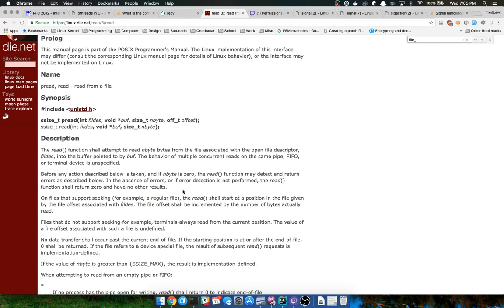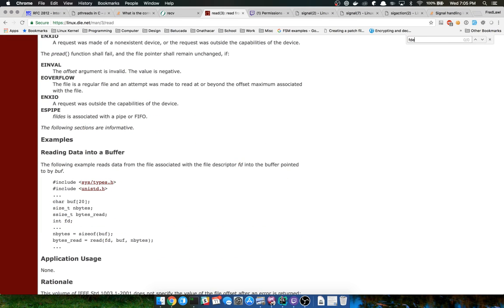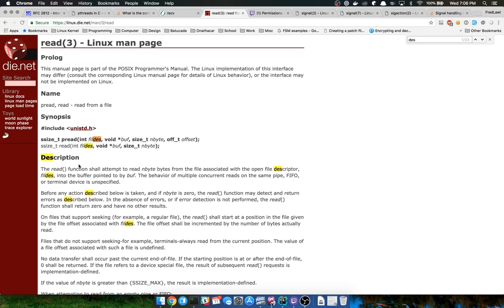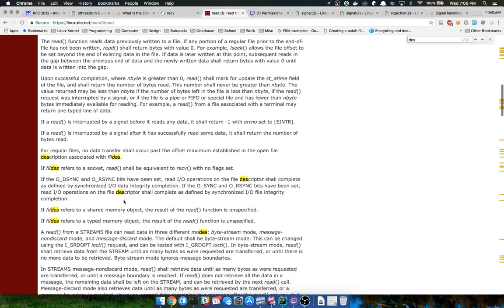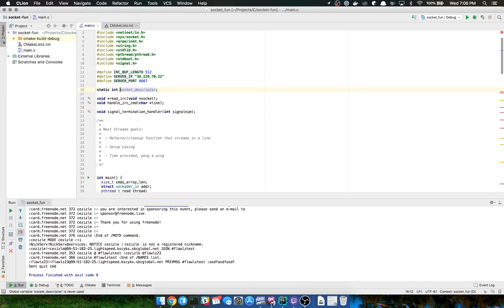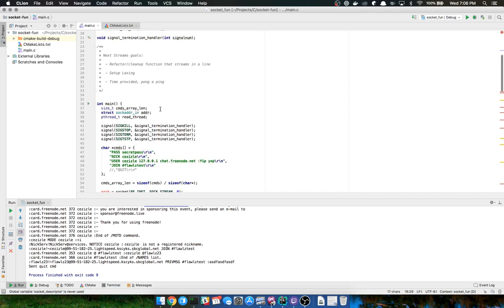Nope. Description, described, description. Wow. Oh, here we go. The first use of that on this man page. Like I said, those guys love to shorthand things as much as possible. So we'll go ahead and use that.